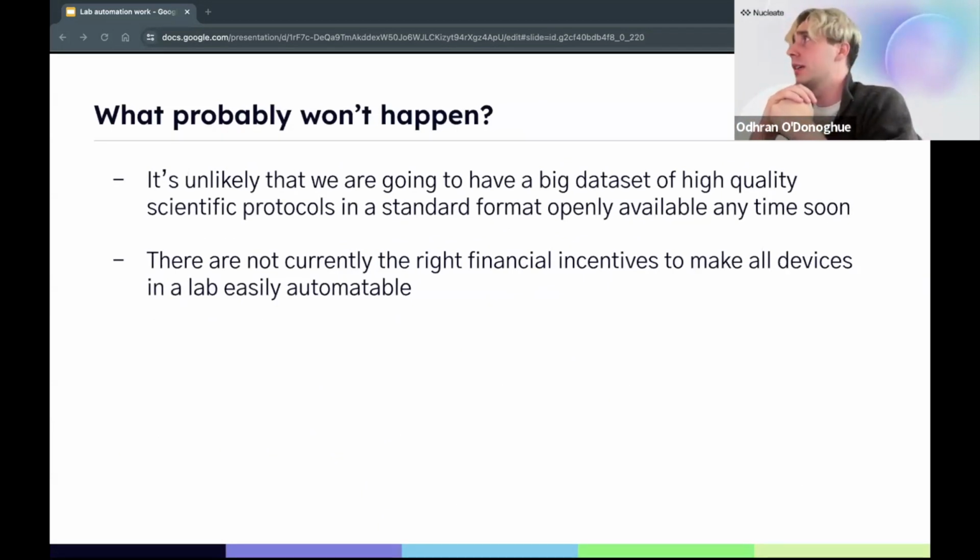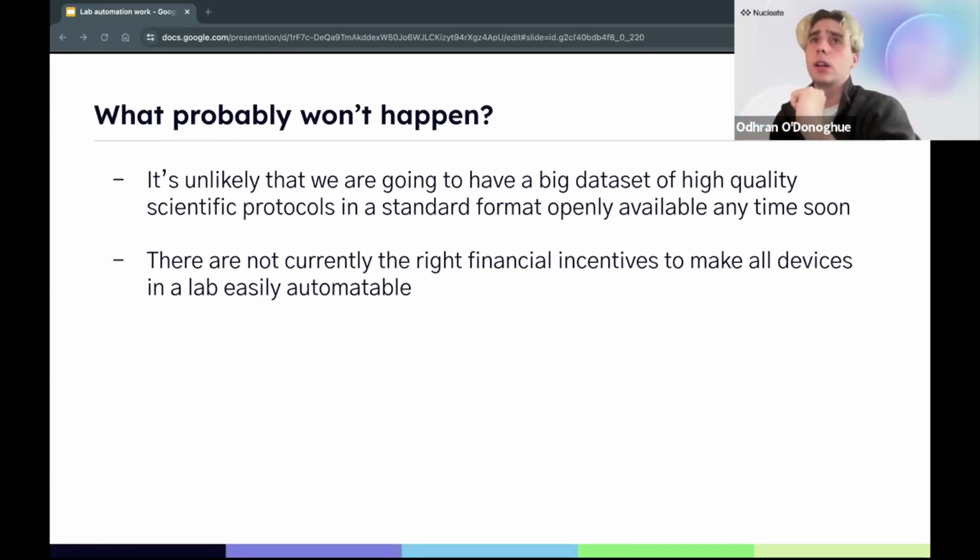It's unlikely that we are going to see lots of custom built lab automation devices, I think. There isn't really the financial incentive for this to happen. And as nice as it might be to have all these different lab automation devices, we've seen a lot of companies try to build full stack lab automation things over the last few years. And none of them have taken off in the way they're perhaps hoping to. I mean, that's maybe unfair. As I said, this is a future prediction. This is my prediction. I may be wrong. But my 2 cents is that we are not likely to see full suites of custom built lab automation technologies.